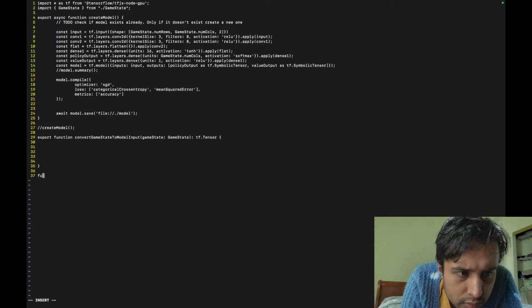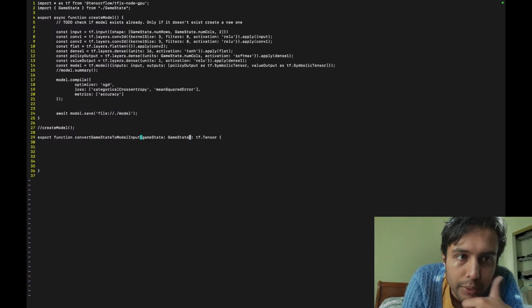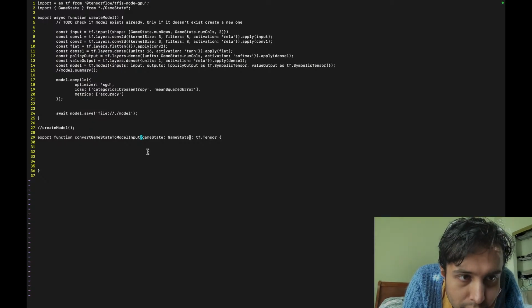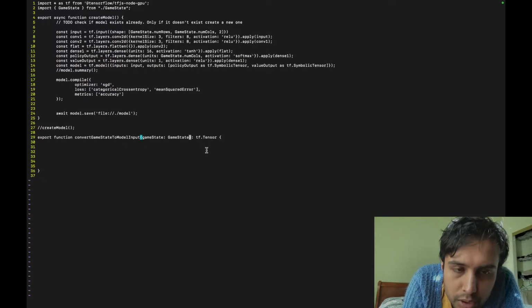Alright, let's get that. Okay, so then convert game state to model input game state, and then we have to also pass in a boolean, right? Like we have to kind of tell which one is for the bot, which one's for the human, right? So convert game state to model input game state, and then